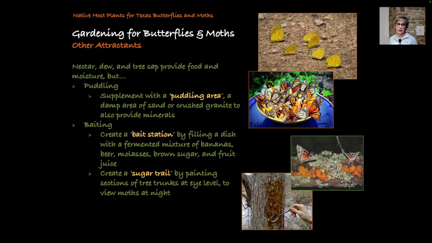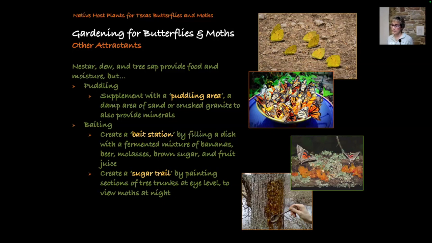You can create a butterfly bait, and there are many different recipes online, but basically you take a food processor or a blender, you put overripe bananas in it, a little bit of beer, molasses, brown sugar. Jim doesn't ever like to put beer in it, because, fruit juice, things like that. And you just mix it up into this kind of gruel, and you put it in a glass jar. Don't put a top on it. Put it in a hot place like your garage where other critters can't get at it, and let it ferment